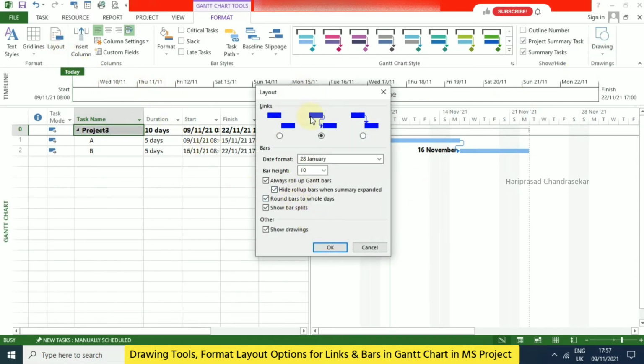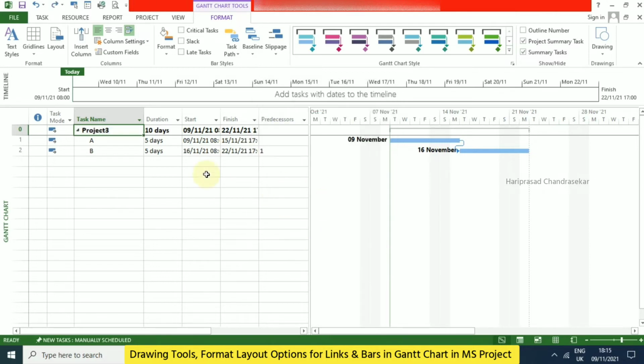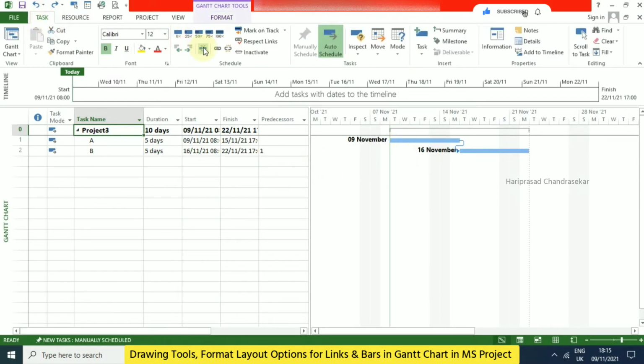So these are all the options we have in the Layout in the Format tab in MS Project. Kindly make use of them; it will be very helpful for any project. Now we have these two tasks and two bars in the Gantt chart. If you want to split any of these tasks, we can go to Task and then Split Task.